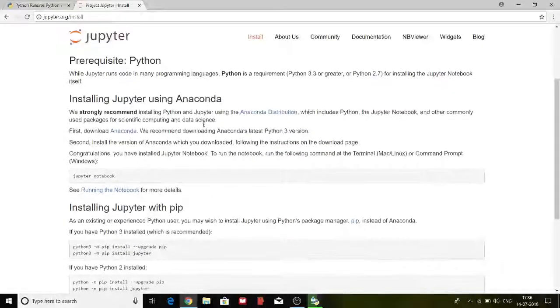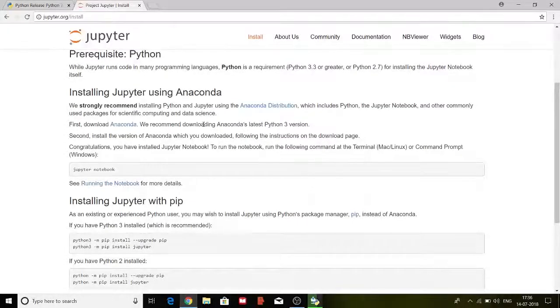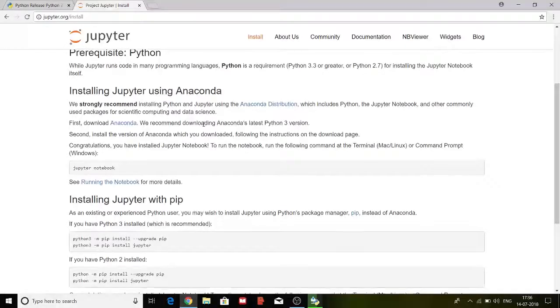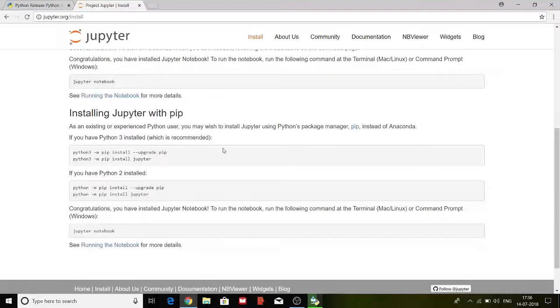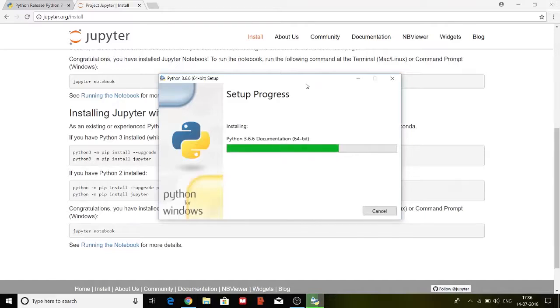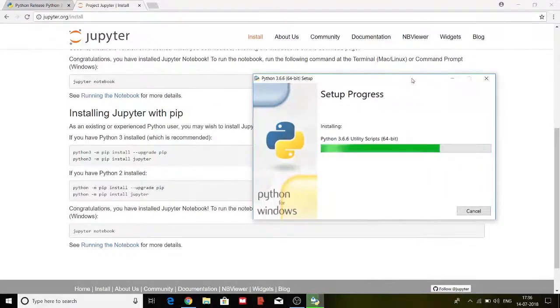Jupyter can also be installed using Anaconda, but we are using python.org, so we will use pip. So click on the install button. Once we are done with Python, after that Jupyter will get installed,